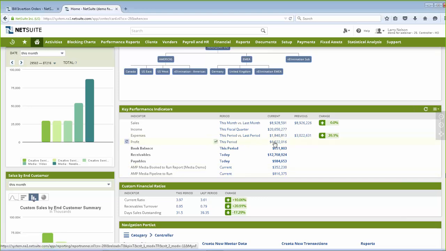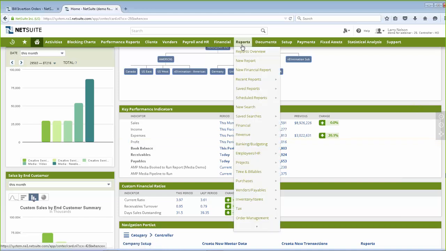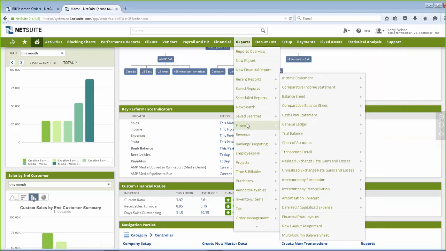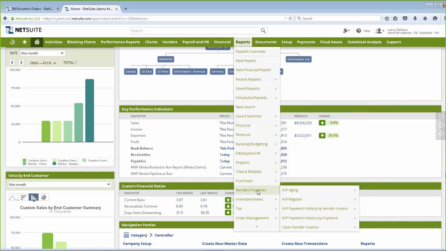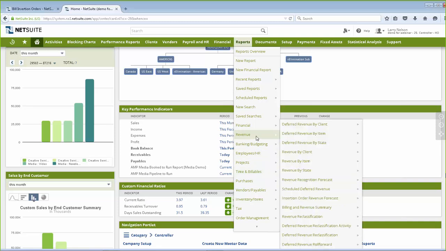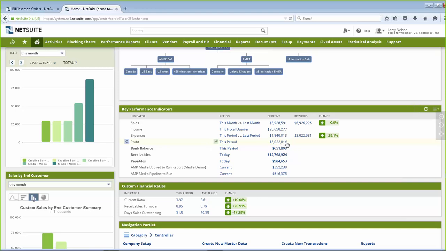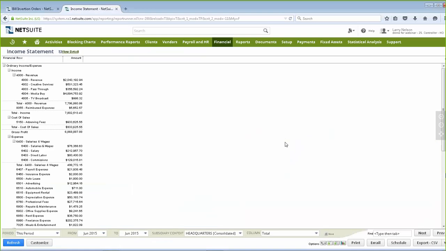As I mentioned earlier, any of the reports that are in the NetSuite system you can drill into. I've also got the ability to look into any of the variety of reports that we have in the NetSuite system, such as comparison income statement reports and balance sheets. I can look at how any of my AP or AR is performing, as well as how my revenue is doing based on my salespeople or on the customers. And I can drill right into my profit report from the NetSuite dashboard.